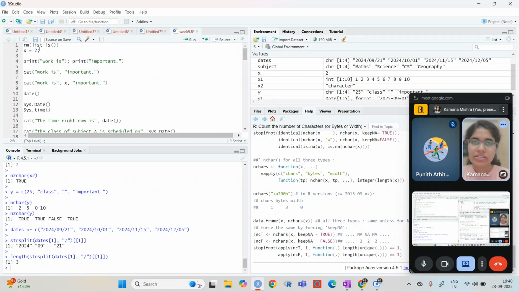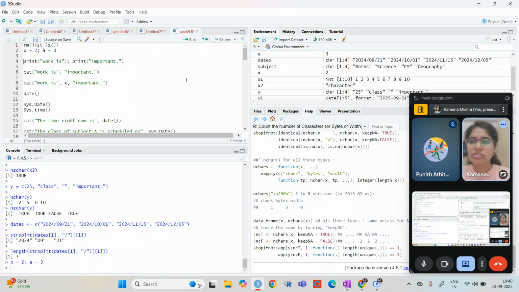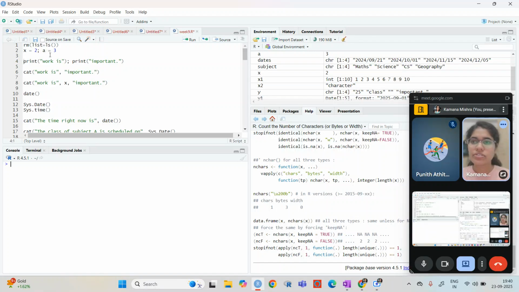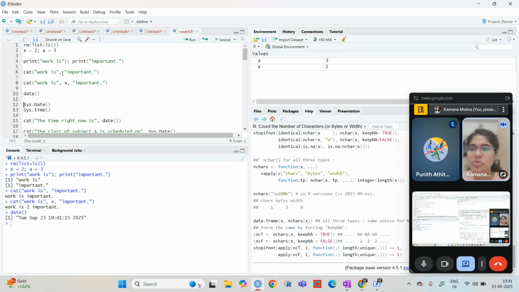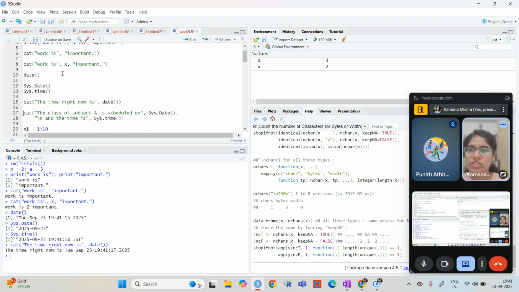So let's say x and a, let's say 3. If I just do this, then you can see both values will come if I use this semicolon. Similar work with print also. But if we have different strings and I want to print both in one line, then I can use this comma, and I can use this cat function.